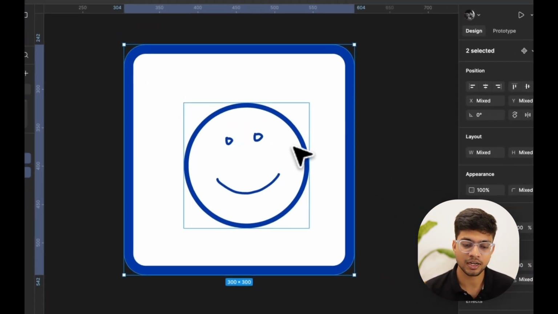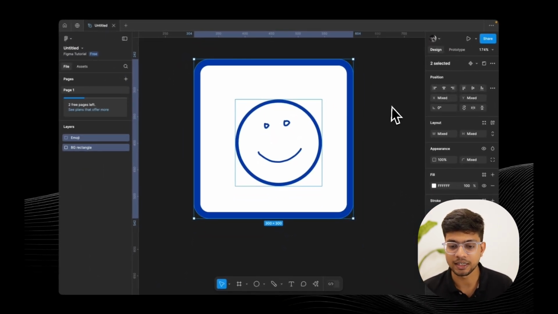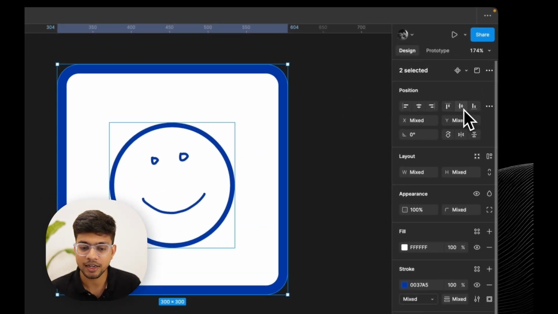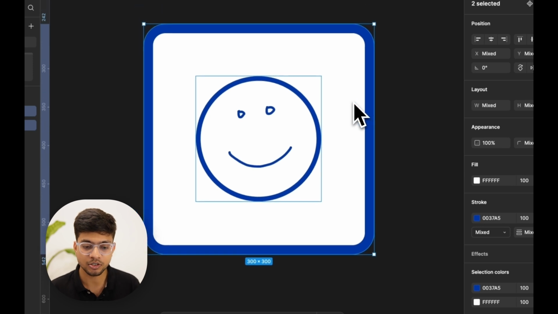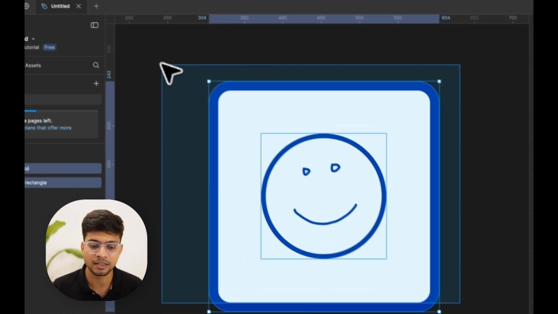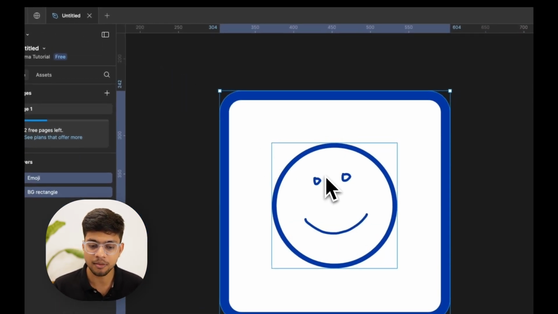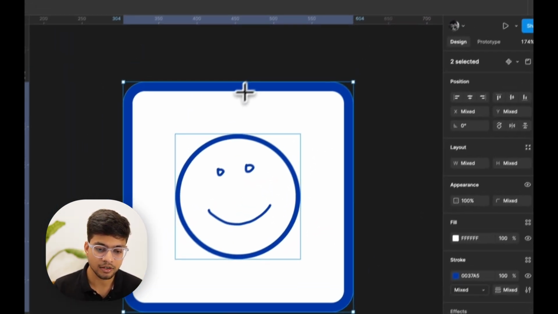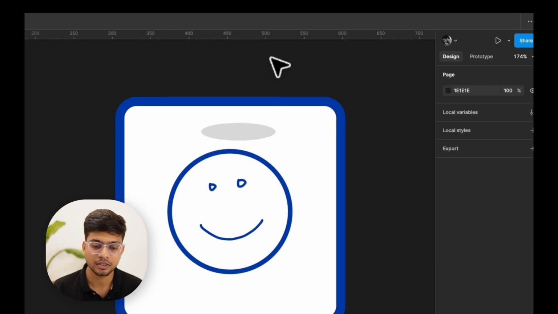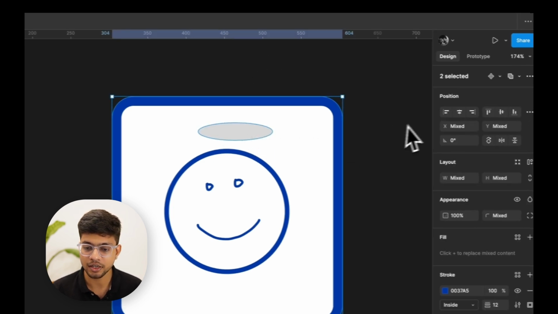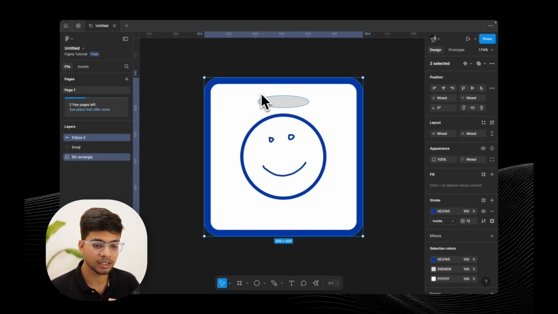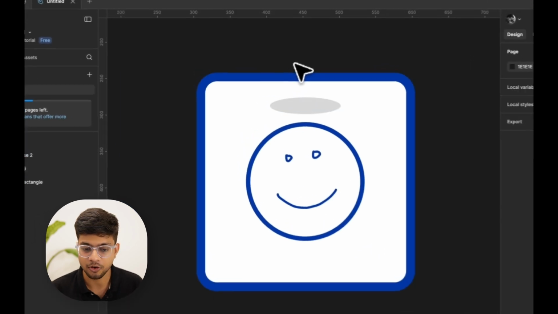I just want to make sure that the emoji is completely center aligned. So I can make use of the snapping tools available here, and I will snap it to the center. Now this was possible because I selected both the designs and this basically came as a reference for how we want to align. Everything that we create in here, let's say if I create this and select both and hit center, it will align as per this. So just selecting the reference point helps Figma recognize the frame of alignment.